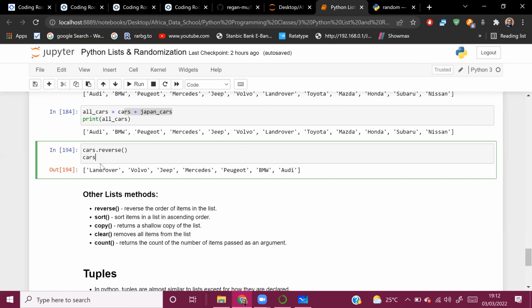Then the copy method: if you wanted to create a copy of a list, you can do that using the copy method. Sometimes you don't want to manipulate your original list. So you can create a copy of the original list and then work on or manipulate the copy. Then the clear method removes everything from the list. The count